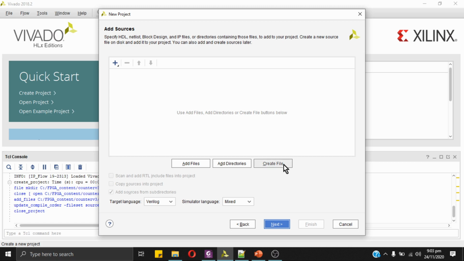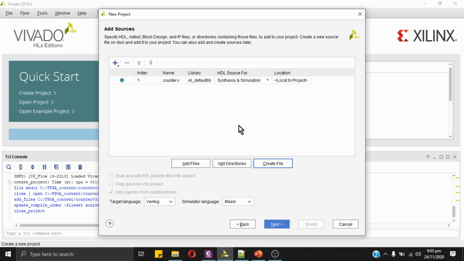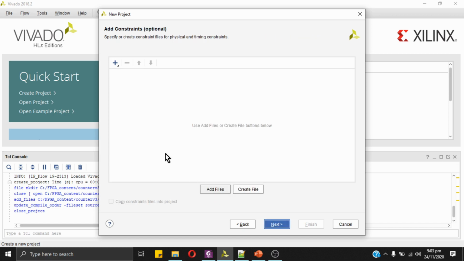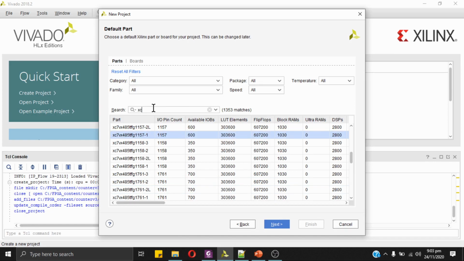Next, I will create a file that will be my design file, and the name of the file is counter, and the type of the file is Verilog. So this is counter.v. Next, I don't have constraints right now, so I will click next. And here is the FPGA device selection option.